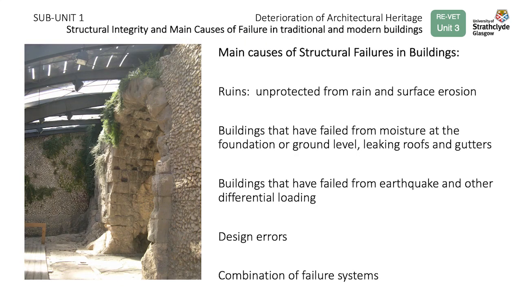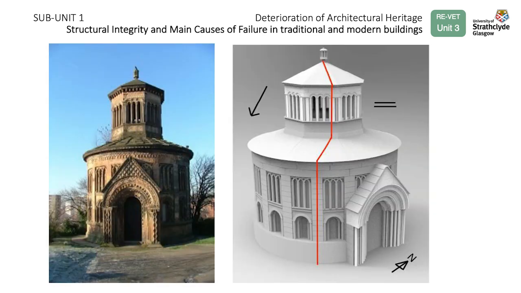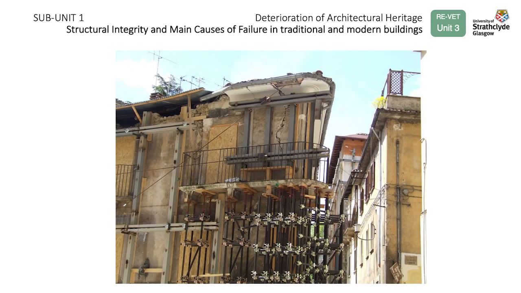There are a series of main causes of structural failures in buildings. In ruins, it's due to being unprotected from rain and surface erosion. There are also buildings that have failed from moisture at the foundation or ground level, from leaking roofs and gutters, and also buildings that have failed from earthquake and other differential loadings. The human factor, design errors, is also an important cause of deterioration, and a combination of failure systems is also